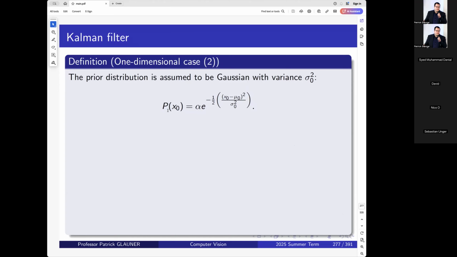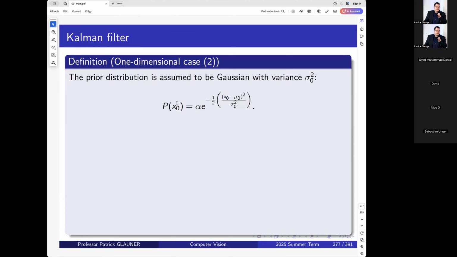Now, I want to know what's the prior probability distribution. We needed that before, and we said for our umbrella and rain, just 0.5, 0.5, half, half. But now we are working with continuous values, so we could just use a Gaussian distribution. And I don't care about the normalizer now. I just want to keep it simple, so I just write the alpha here. We've seen the normalizer before, but we just want to keep it short, so we put an alpha here, and we have our Gaussian distribution